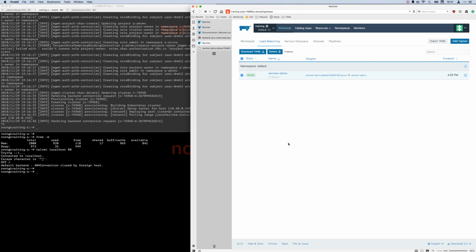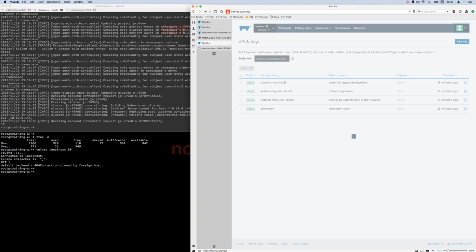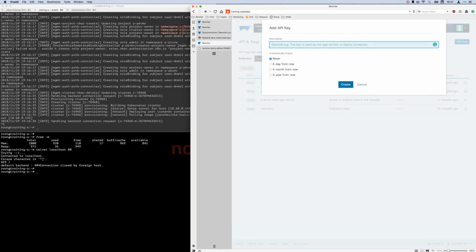Everything that you are seeing in the Rancher server is actually talking to the Rancher API. We are 100% API driven. There is a CLI that you can pull down from here for whatever your platform is. It's just a single binary. Once you have this installed, come up here to API and keys and create an API key for yourself. And then whatever access you have inside of the Rancher cluster, you'll be able to use with that API